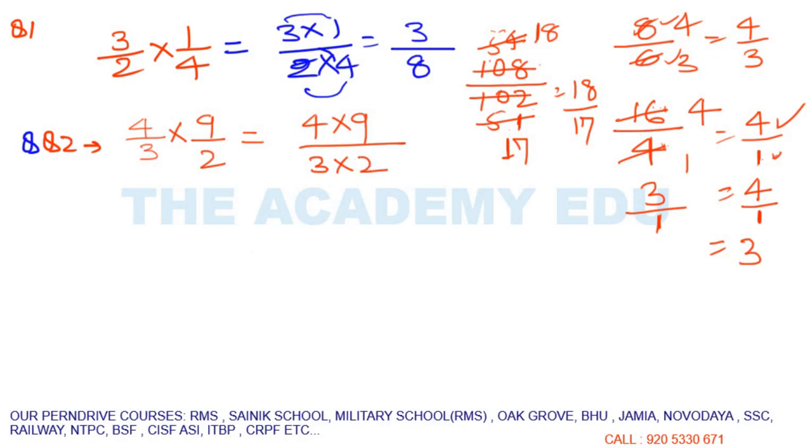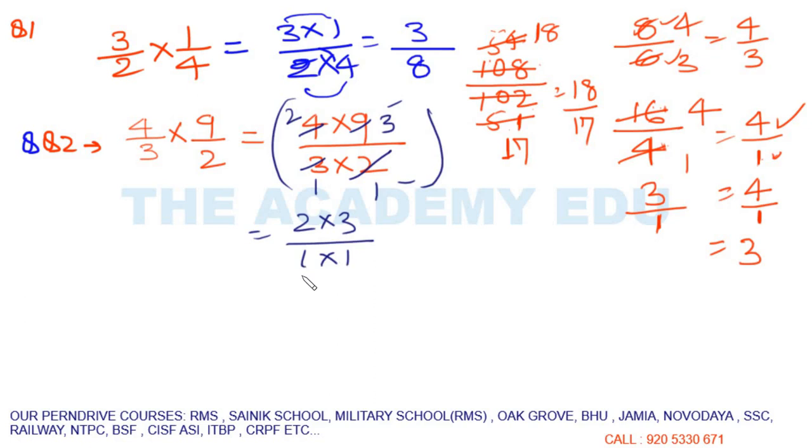So similarly, we will do here. See, is there any number in this question, in the numerator and denominator, which we can divide by the same number? Yes, we have. See, 2 1 ja 2, 2 2 ja 4, 3 1 ja 3, 3 3 ja 9. So what do we have now? In the numerator we have 2 into 3, in the denominator we have 1 into 1. Generally, if we have 1 into 1, we don't write it. So we have 3 2 ja 6. 6 is the answer, right?